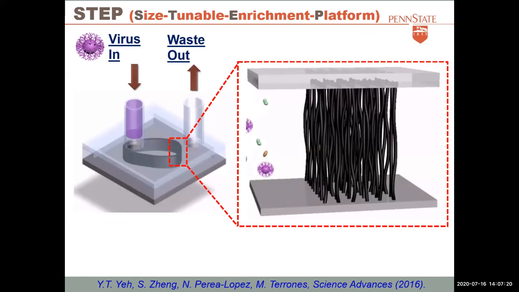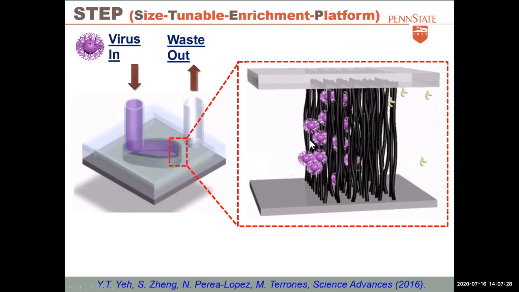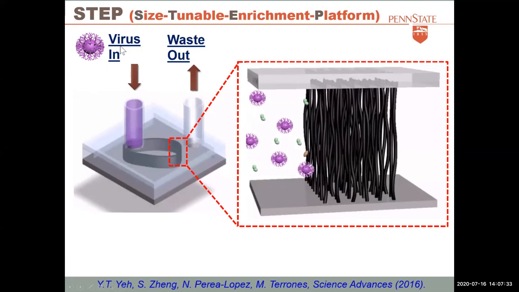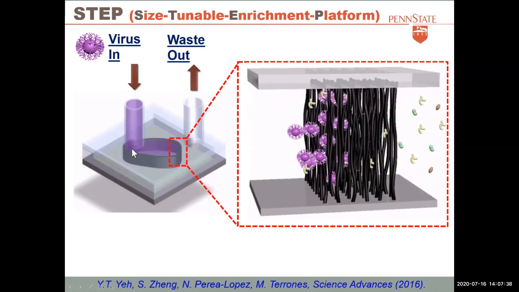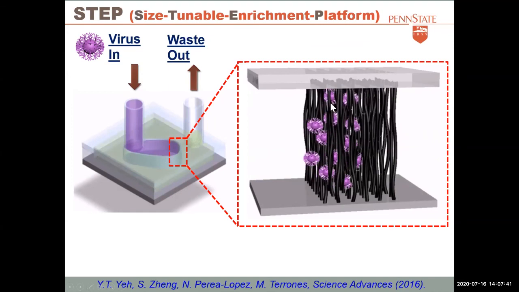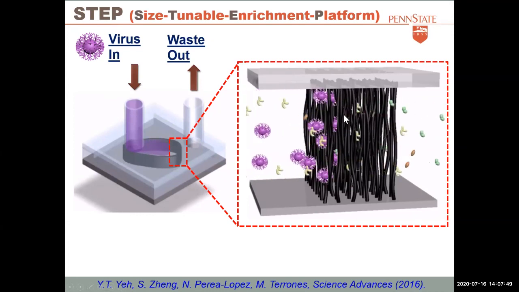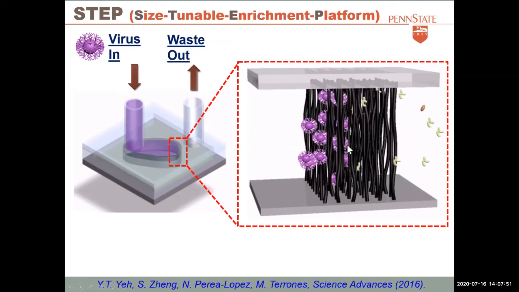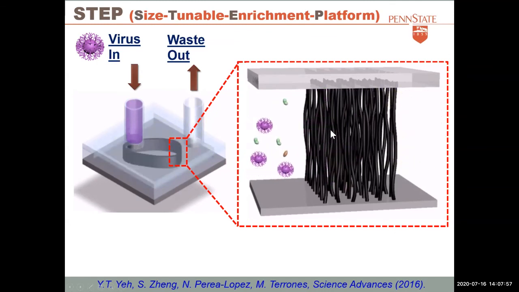These are the first experiments we did in 2016, and it took us three and a half, four years to get to that stage. What is happening here is that you can collect a clinical sample from animals or from humans, pass it through this filter, and then you are trapping the viruses. And one thing that we do is control the intertubular distance of the arrays of tubes, and by controlling that, we can trap different sizes of viruses.